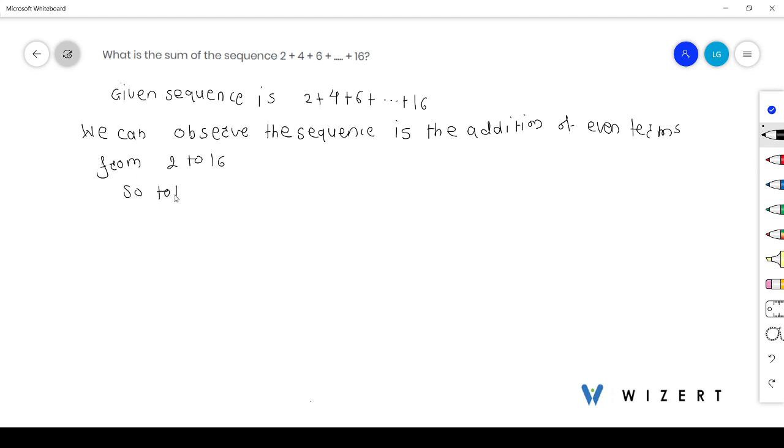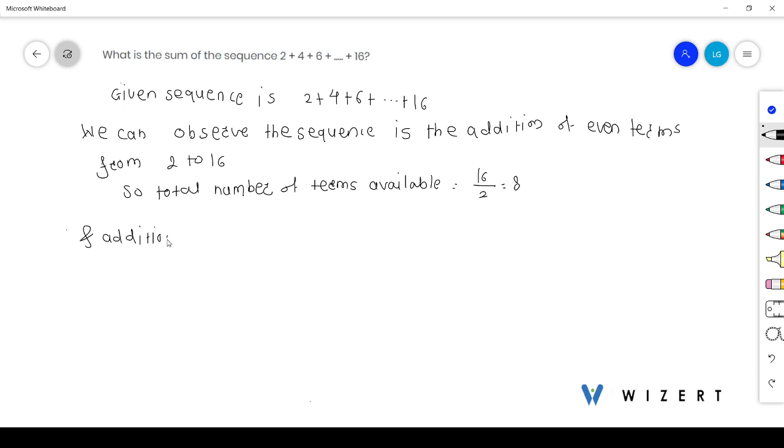So, the total number of terms available are 16 by 2, that is 8 terms, and